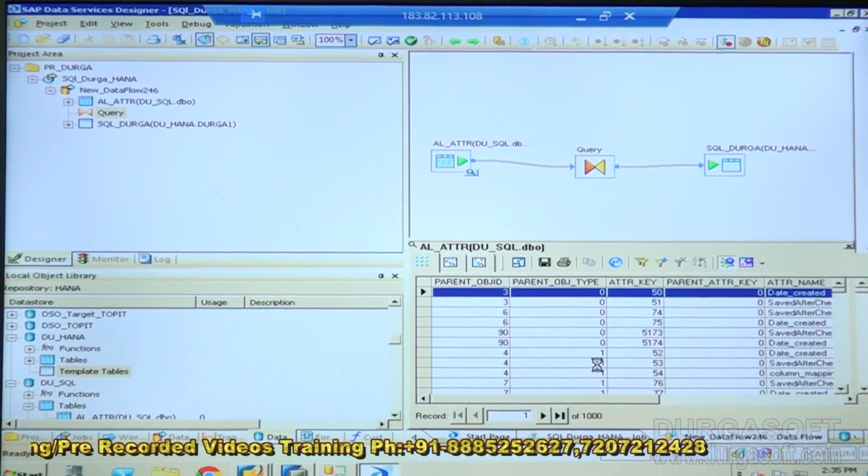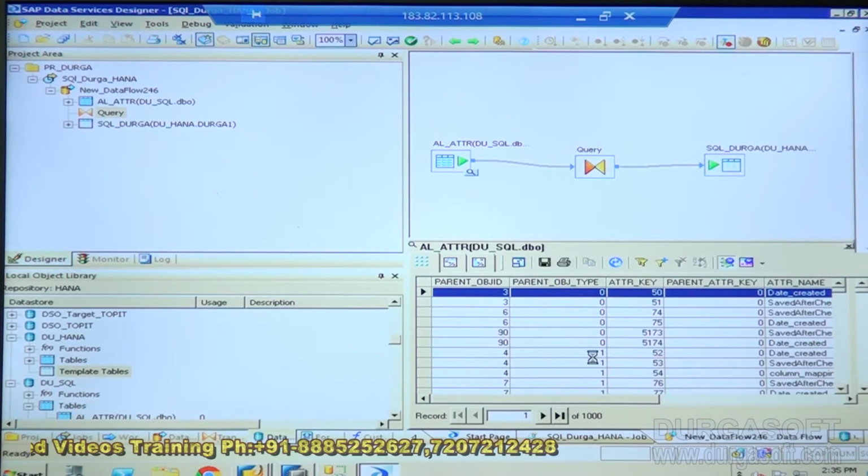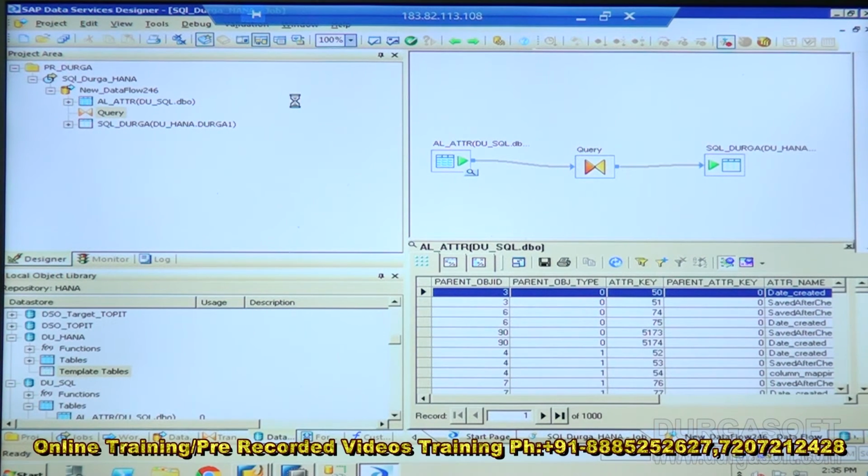If you need the delta change, here we are doing only the init load. But later in future classes, we are going to learn how we can perform the delta loading also. Anyway, we'll see that again. Now this process is executing. It may take some time to execute this process here.